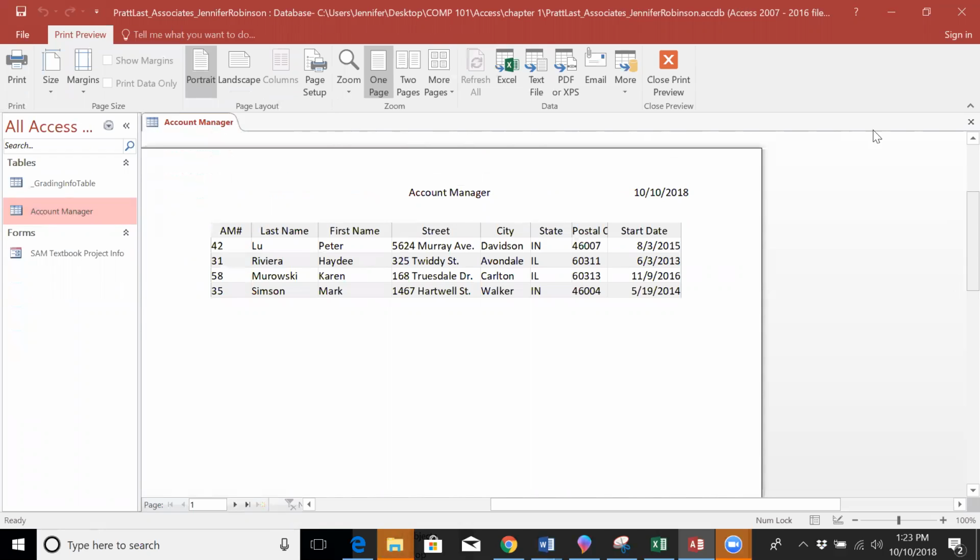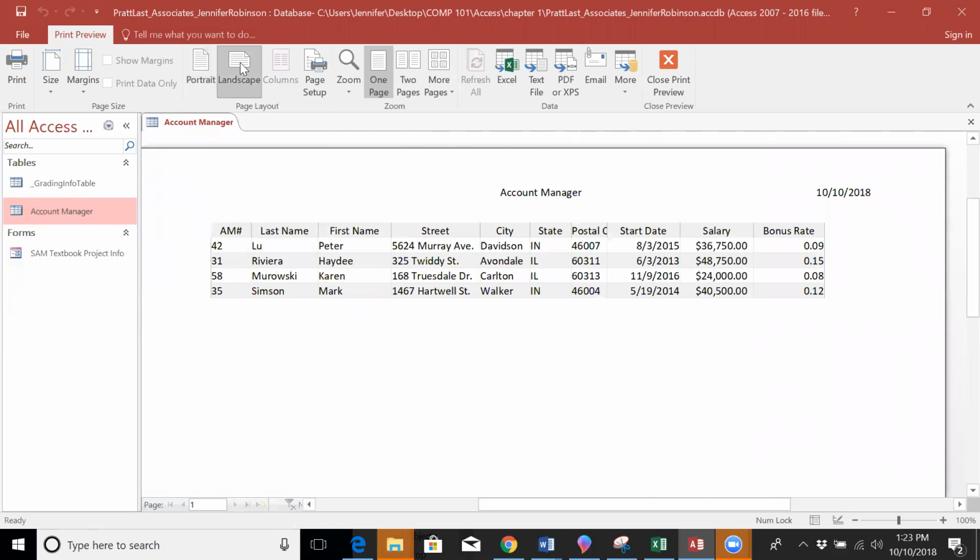I can also see that this is in portrait. I can make it in landscape, and I can see that it's going to print on 1 page. And if I look, some of this data is kind of smashed together. It doesn't completely match what's in the book because I made some of these larger than they were or changed the size of them. So if I click on landscape, then you can see that